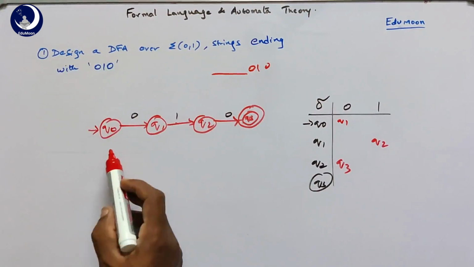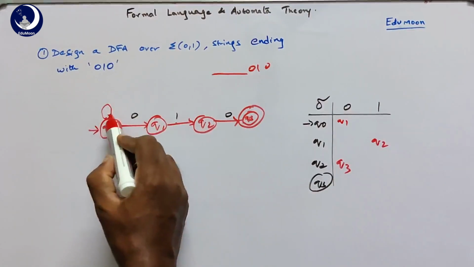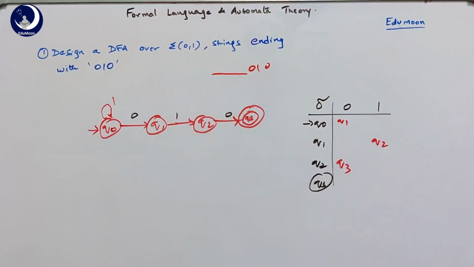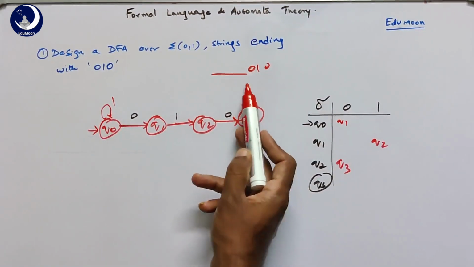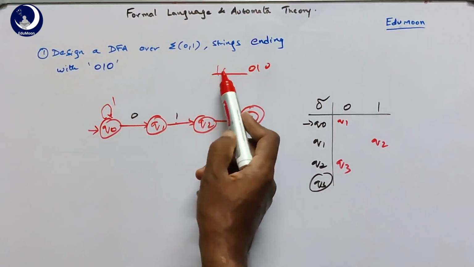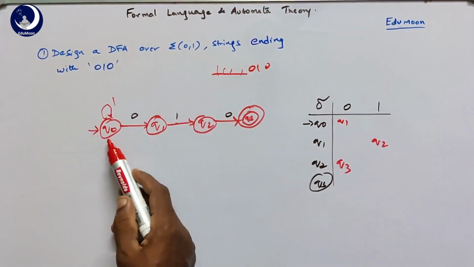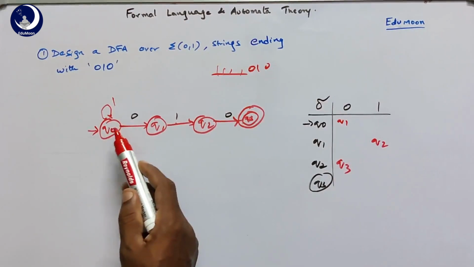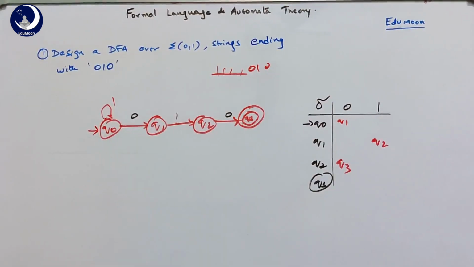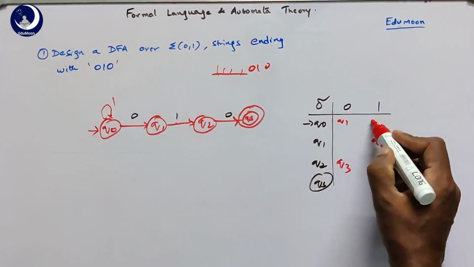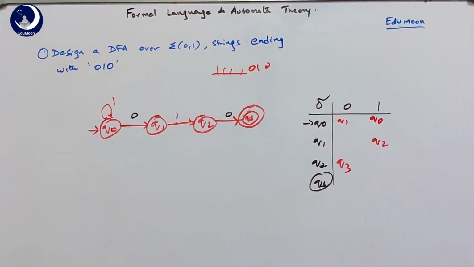In this case we can write a self loop for q0 on 1, because even if there are many ones, like some 4 or 5 ones here, and it ends with 0 1 0, it will be accepted. So for all the ones before the 0 1 0, they can be generated in the same state q0. So we'll write a self loop here. At the presence of 0 bit, it goes forward to q1. So here we write it as q0.